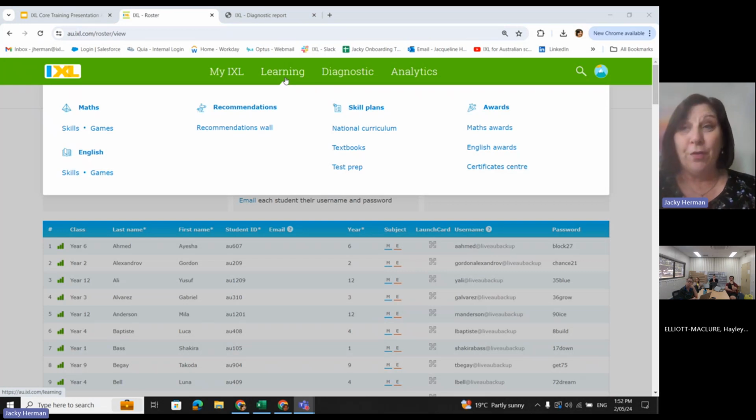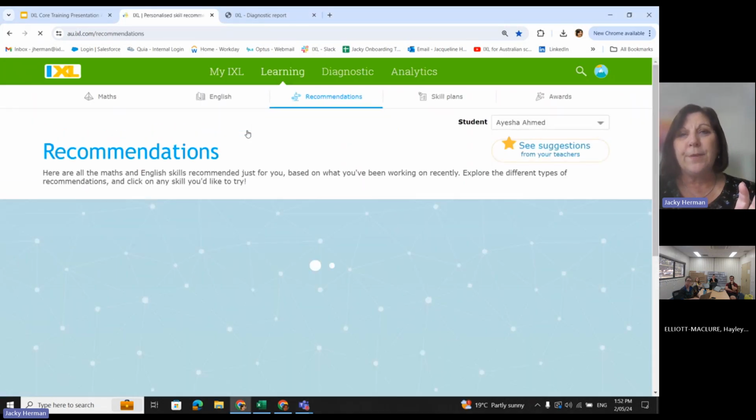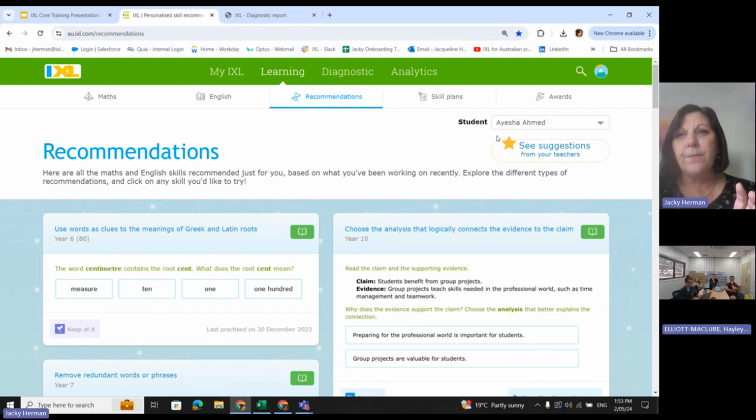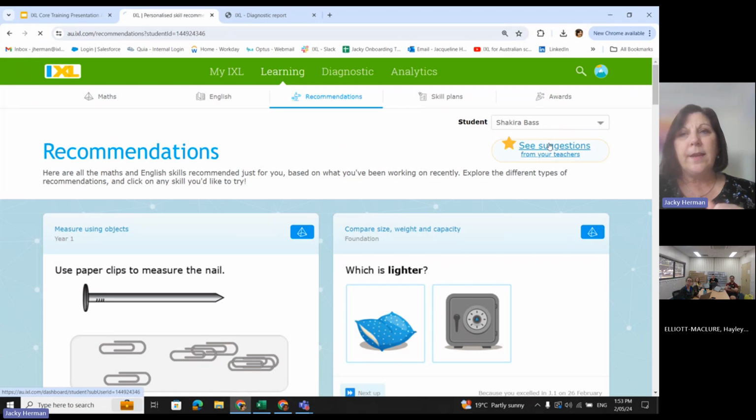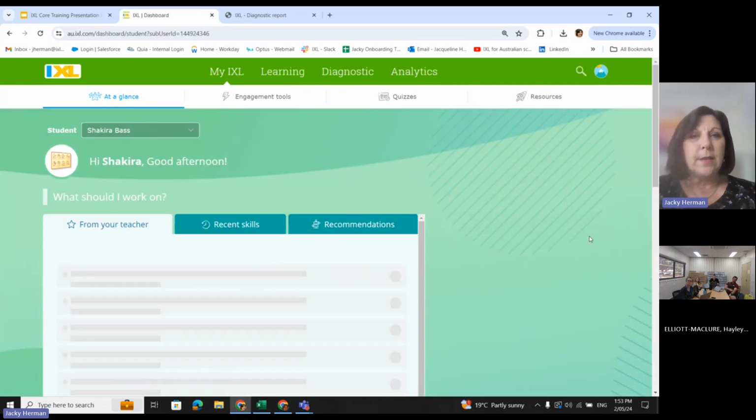But IXL goes beyond that. The other way to use it is where students work independently. So everything that the students do is being tracked and recorded and analysed, and next steps are provided. I'll show you what I mean. This is on top of that diagnostic that I just showed you. This is what it looks like for a student. I might go to a different student. I think Shakira's got a bit more data there. If I click on here, I'm going to see Shakira's